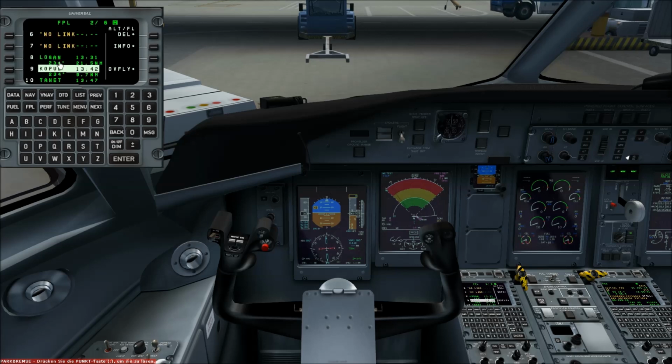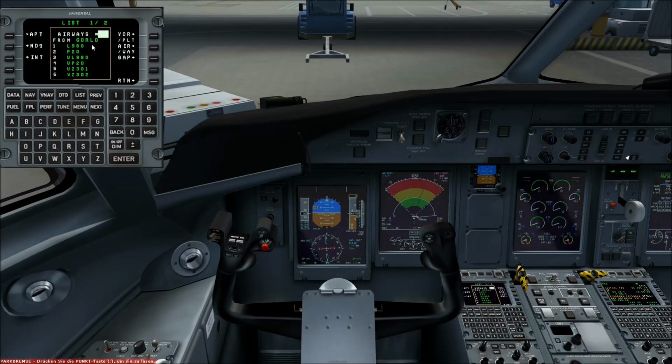And now here you can see it's also in the flight plan, and here you can see Lima Oscar Golf Alpha November. It's also the last waypoint on our flight now, and now we will type in all the waypoints along the route. It's some weeks since I last flew this aircraft, so let me think, I need to press here and then list, I think, then airway, genau. Oh, sorry, it was German. Yes, that's right. So from Golf Oscar Romeo Lima Oscar we want to fly on the airway Uniform Lima 980,